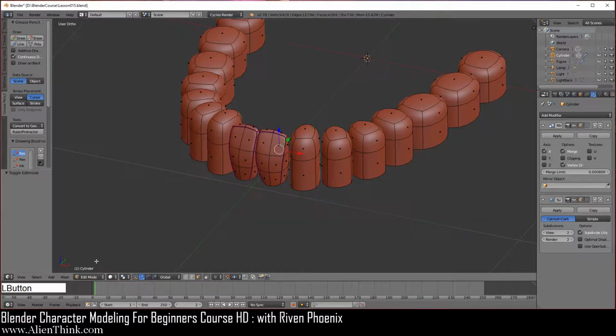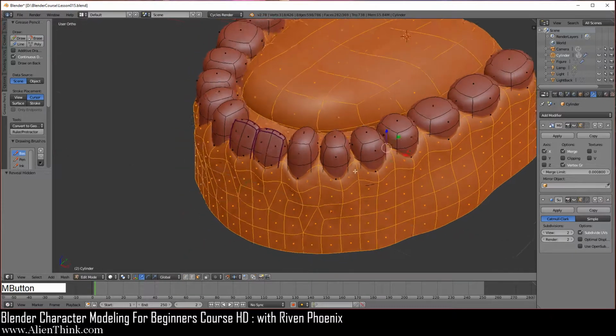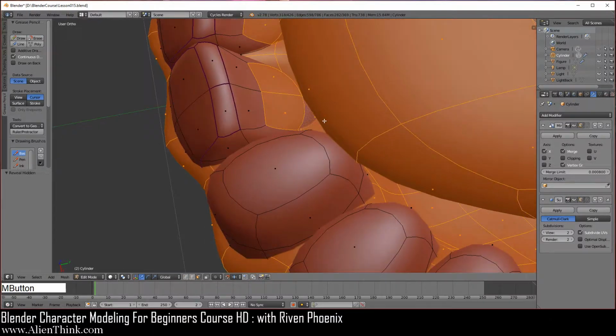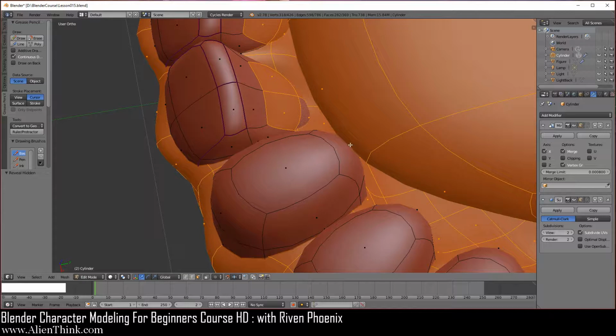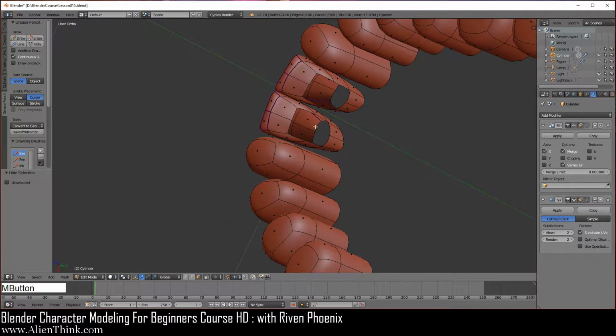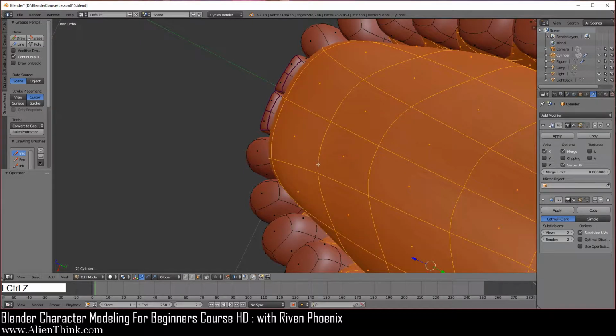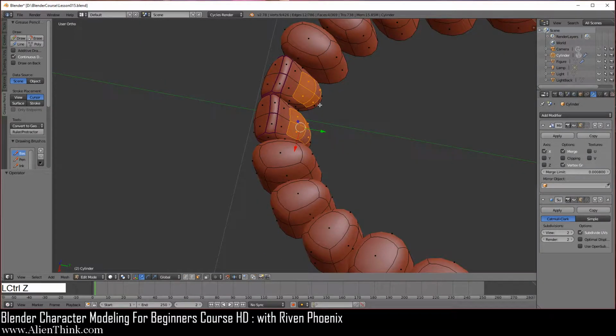You can just switch to edit mode over here. Now notice that when I switch to edit mode, I can see the 3D manipulator right over here. So this tells me that something is selected. See this? If I press the Z key. Now the reason this is important is that if you do Alt H, see if we bring everything back, this section over here on the tooth, it's still selected. So now if I do H to hide it, you see it takes this away. It makes a hole. Okay, so I can just do Control Z to just backtrack everything. This is how it was.